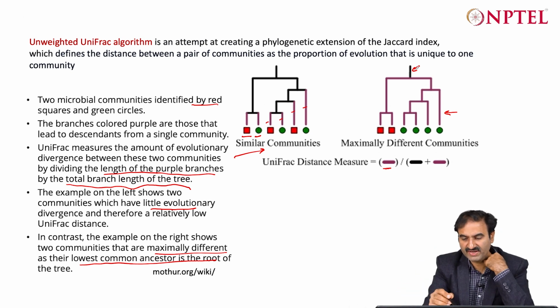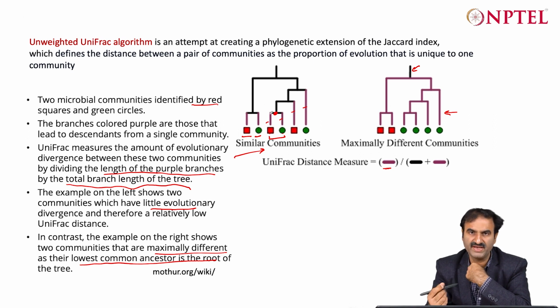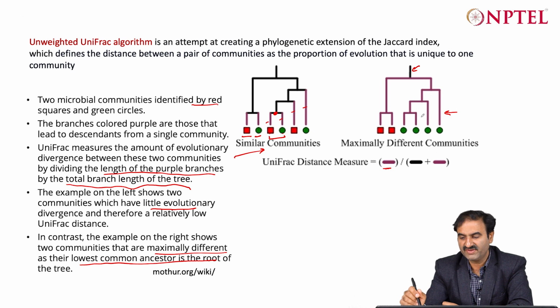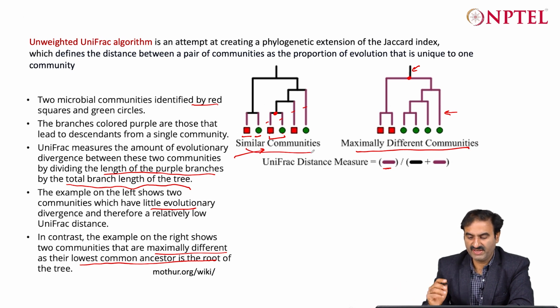So, in this case basically the lowest common ancestor was just here. That means these two species, in green and red, can be connected by this, belonging to the same genus perhaps, or the same higher taxonomic group, whereas in this case they were all different and could be connected at this level, which is at the root, or basically at the phylum, or at a very high level. So, these were very different from each other in terms of the phylogenetic distance, whereas these were very close to